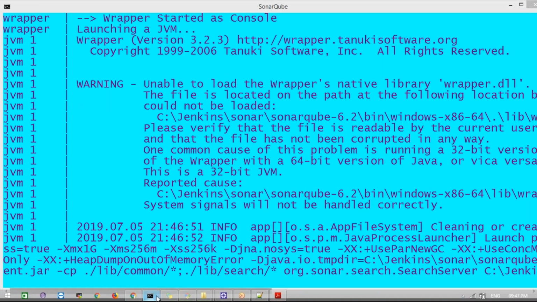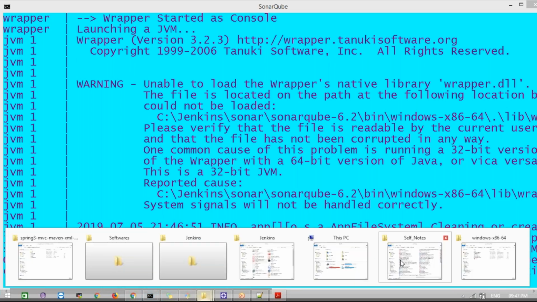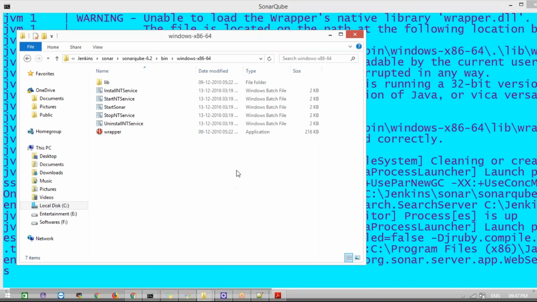It is a huge server. Now the version I am using, the latest version is very different. I am using 6.2. There is a scanner issue in the latest version, which I will let you know about. If I do the latest version, I will give one more video for it. So for now I'll keep to this version. Whatever I have, I'm going to explain in this.